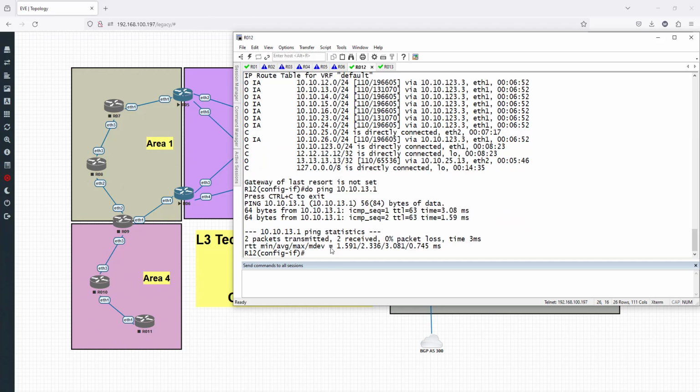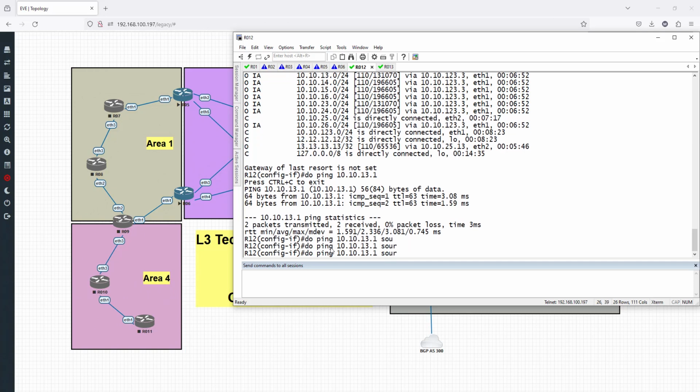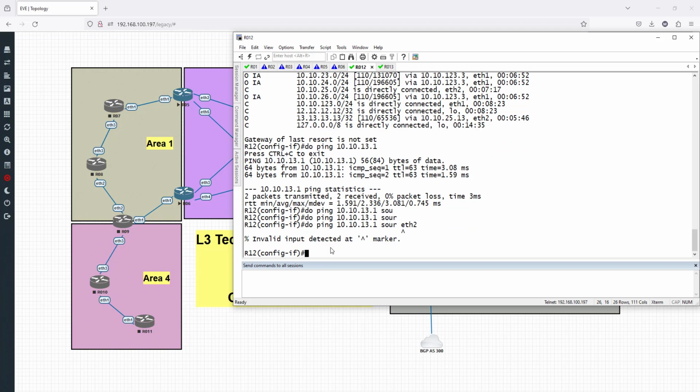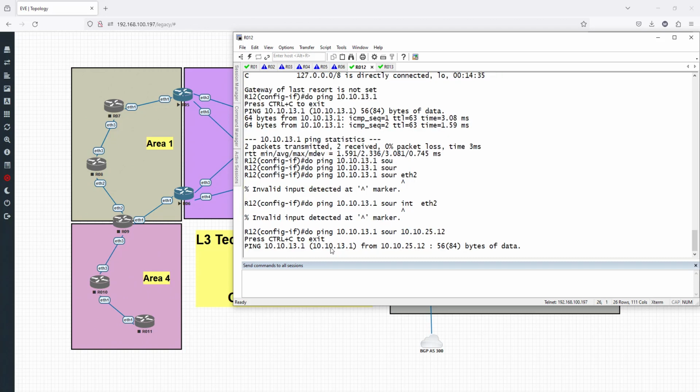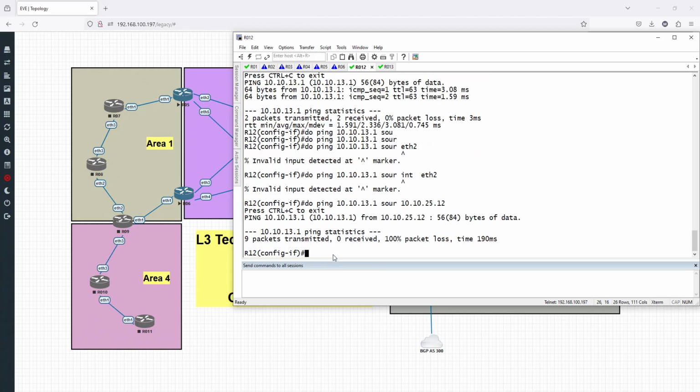So if I say I'm going to source this from Ethernet 2, source interface actually, or let's say the source is going to be 10.10.25.12. So 10.10.25.12 is not accessible for some reason to router 1,